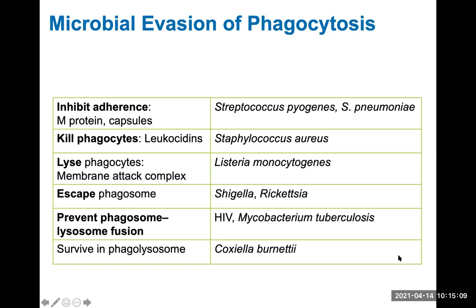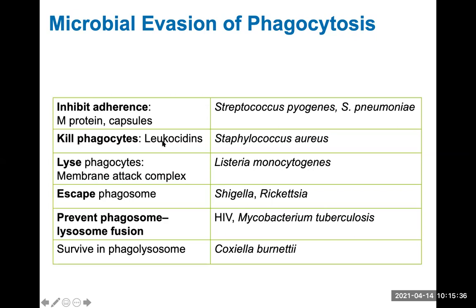Then we have Staphylococcus aureus, which we talked a lot about when we've talked about resistant bacteria, right? Like MRSA, for example. And Staph aureus is able to just straight up kill the phagocyte with a special chemical or toxin that it